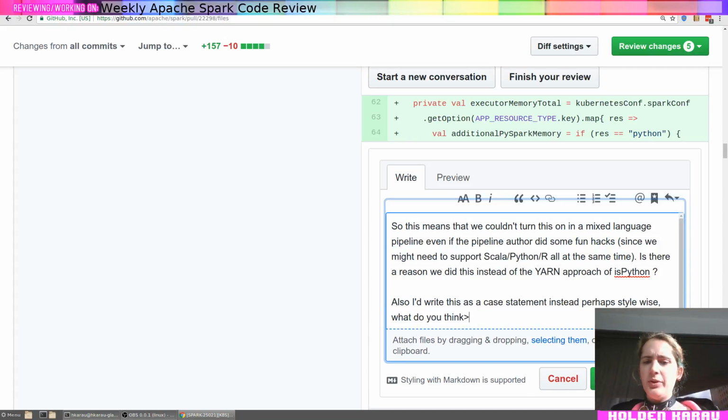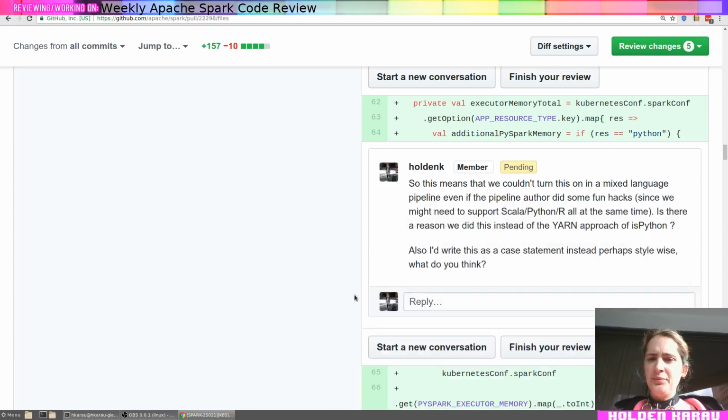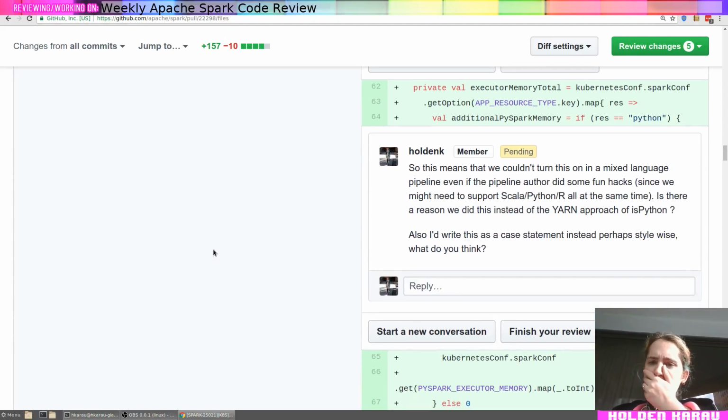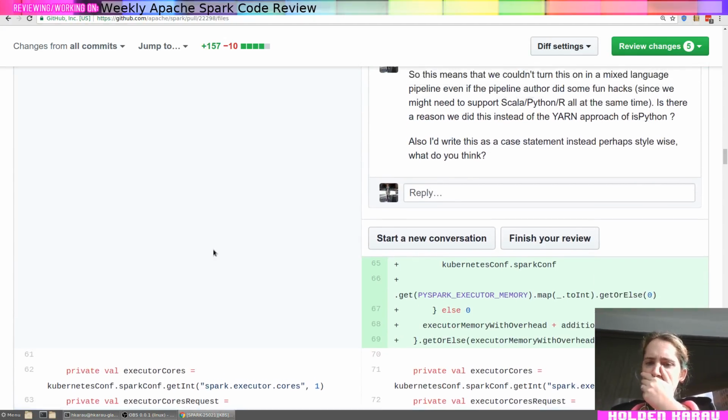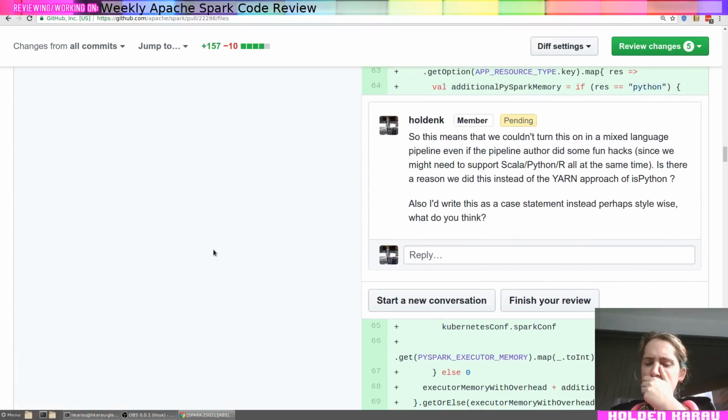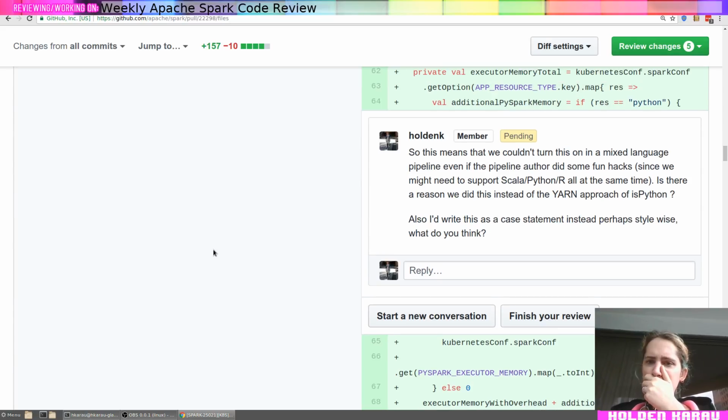But maybe there's a good reason. So get option app resource type map. So then we have the resource type.